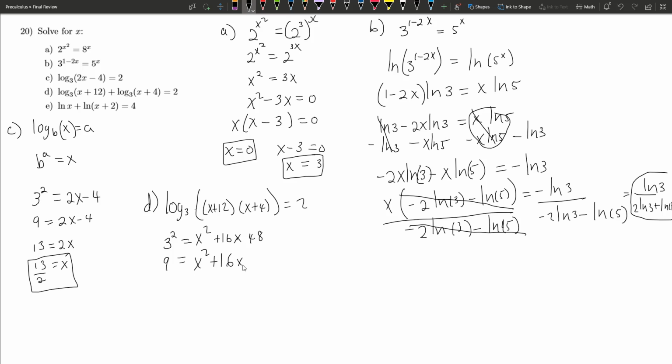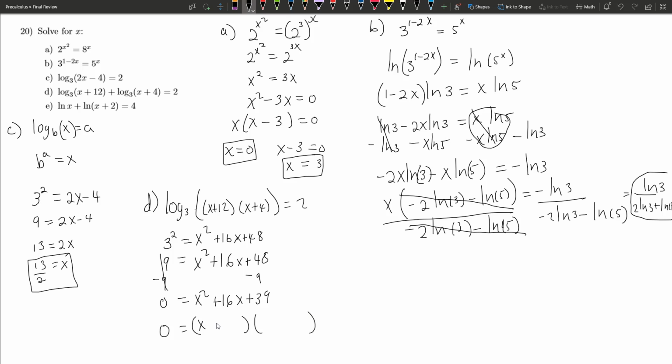Now, it's a quadratic, so I'm going to solve this by making it equal to 0. So I'm going to subtract 9 on both sides. So we get 0, this cancels, is equal to x squared plus 16x plus, is that 39? I'm assuming that's right. Now, just because I did it in advance, when I factor this, I'm actually going to get